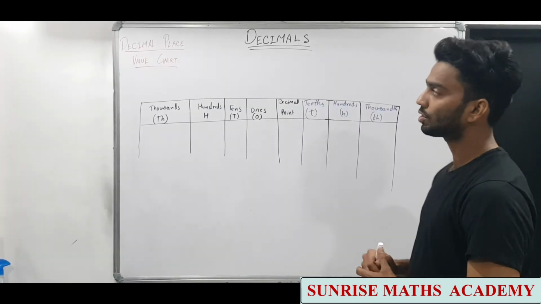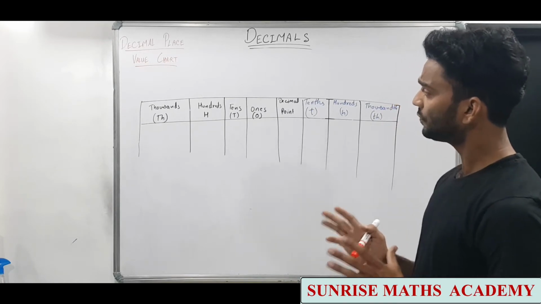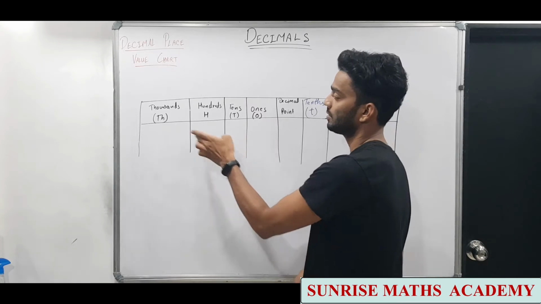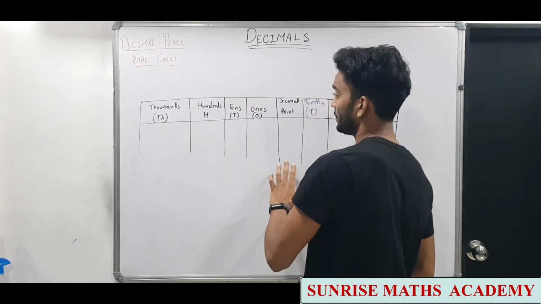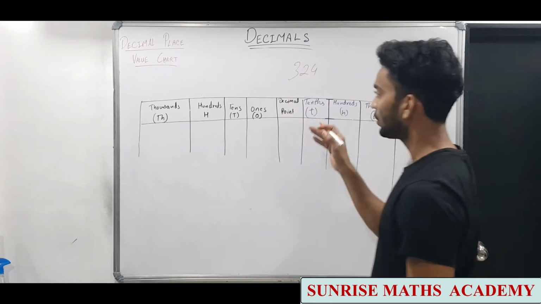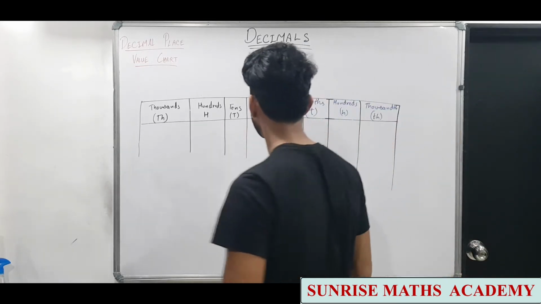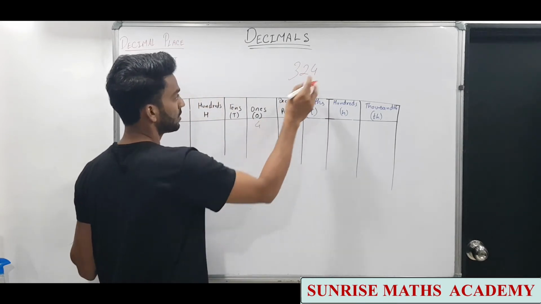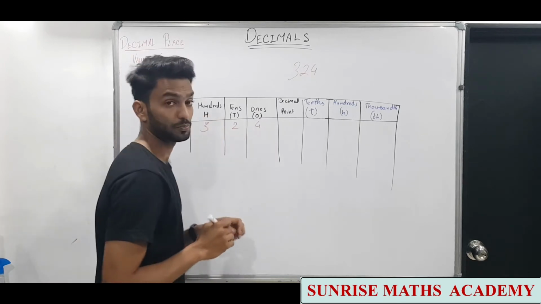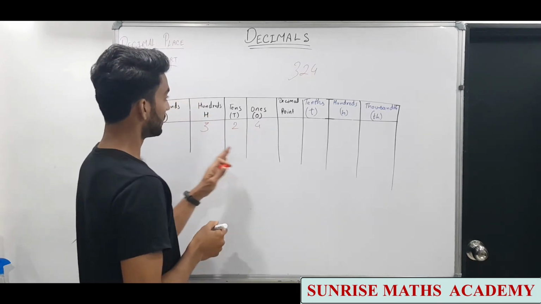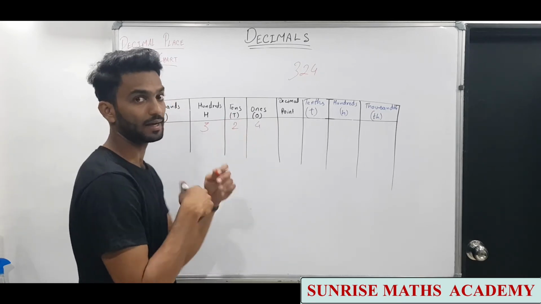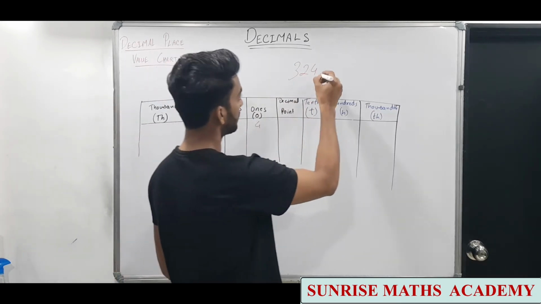Let's see the place value chart for decimals. Now we have seen that the whole number part has ones, tens, hundreds, thousands. So if we have the number 324 and we write it in the place value chart, 4 is in the ones place, 2 is in the tens place, and 3 is in the hundreds place. So that is the whole number, and we have just seen that a decimal has a whole number and a decimal part. So if I write the decimal here,